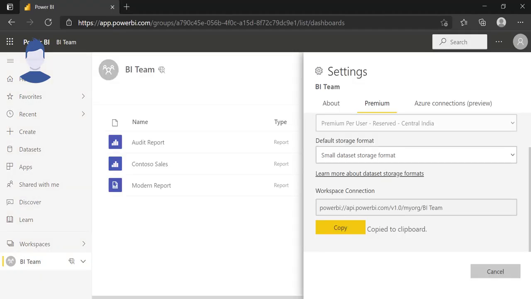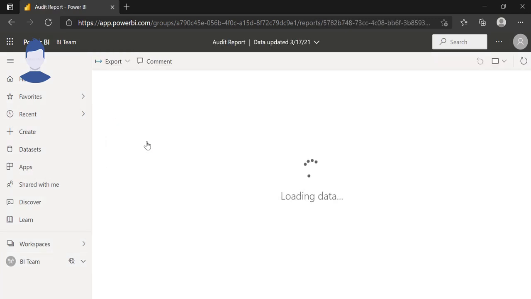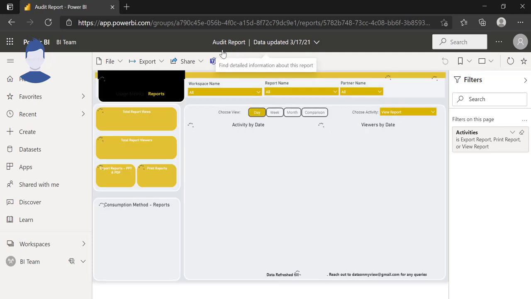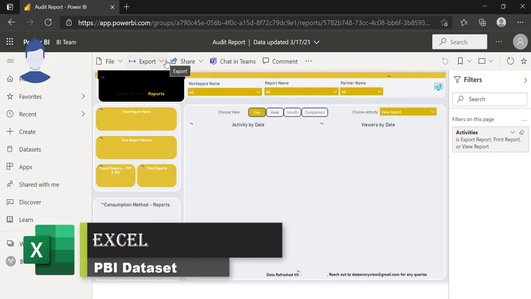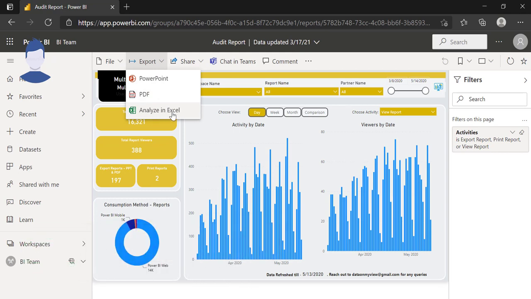What else can he perform? He is going back to this report, which is based on the Power BI Desktop, and when he goes to export, here you can see that Analyze in Excel is now enabled. Which means he should have build permission to the dataset which this report is using. Once he has build permission, he can do the analysis in Excel on top of the dataset, right? This is enabled since we gave the build permission. So what else can he do?